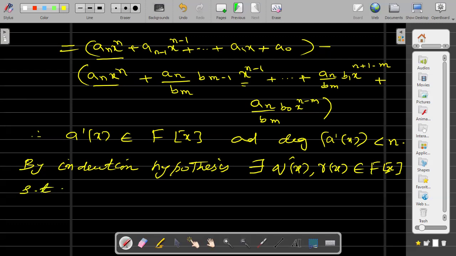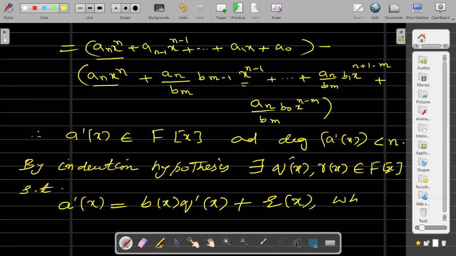We have this a dash x, पर हम इसको अप्लाई करें, a dash x इक्वल टू b(x) times q dash x plus the remainder, where r(x) is either 0 or, तो आपको मिल गया ना, डिग्री ऑफ r(x) is less than डिग्री ऑफ b(x)।